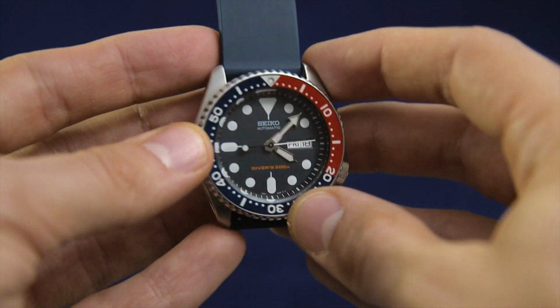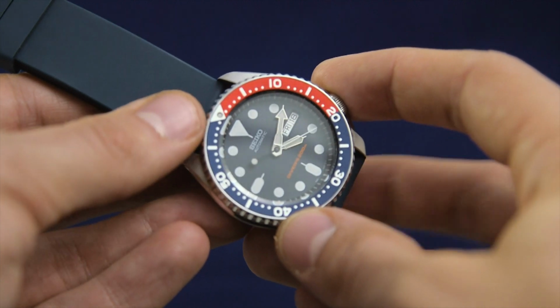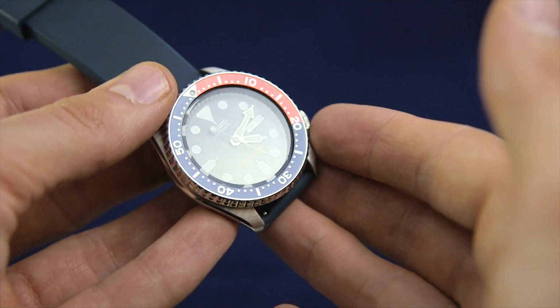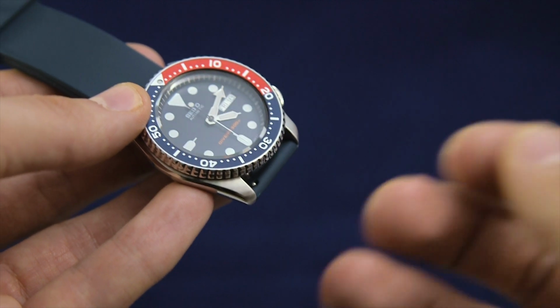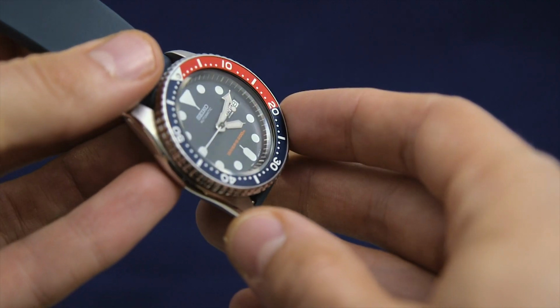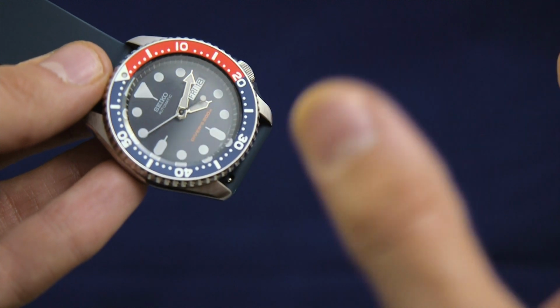Seiko, the company generally. Seiko is a brand that is synonymous with watchmaking. They've been manufacturing watches since the 1920s, and throughout that time they've made some incredible pieces and some icons, including this one here, the Seiko SKX009. And they've also pioneered some of the most disruptive technology in the industry, including quartz and also mechanical quartz through their kinetic line. The name Seiko, or the word Seiko, actually is a Japanese word which can mean either exquisite